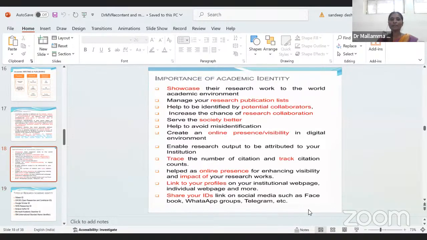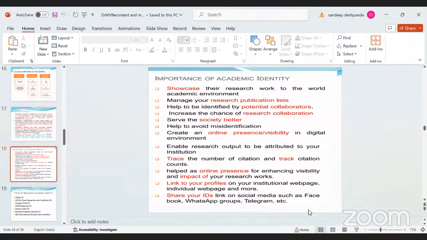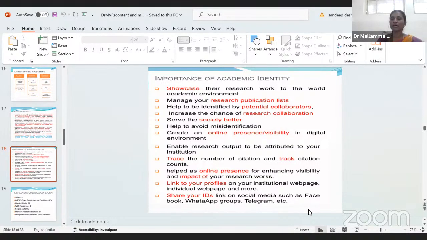Now one example I want to give here: recently the Andhra Pradesh University has made a notification regarding recruitment. How many of you know about it? Yes, ma'am. Okay, there they ask for the Vidwan ID.